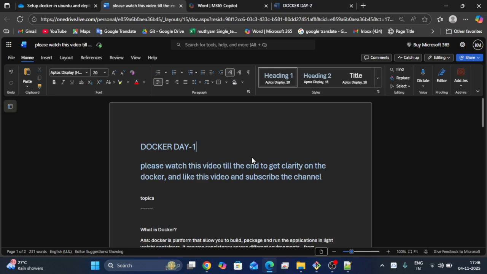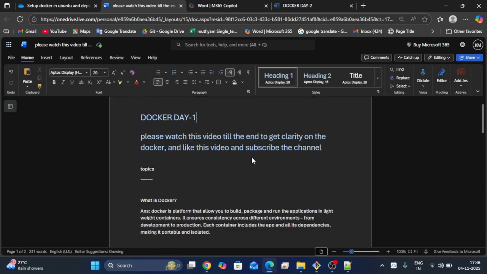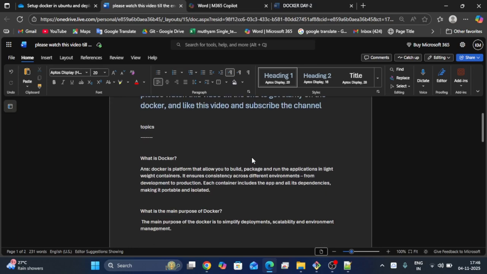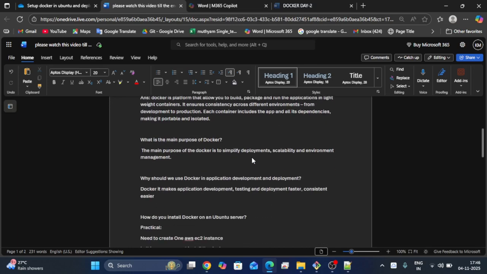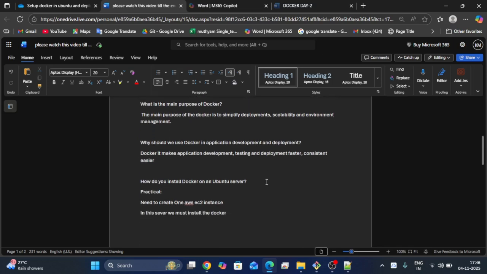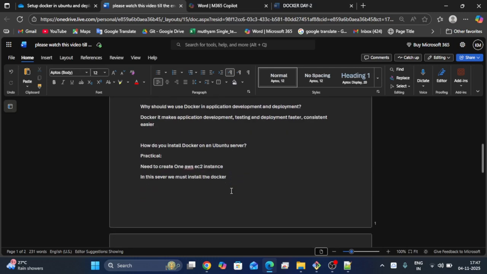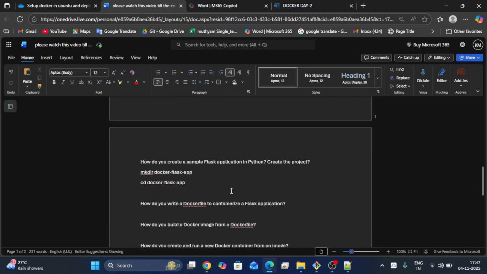As part of the Docker topics, previously I have created one video. In that video, I clearly explained what is Docker, what is the main purpose of Docker, and why should we use Docker in application development and deployment. I also explained how to install Docker on a host operating system like Ubuntu server, and how to create a Dockerfile and how to create the image,